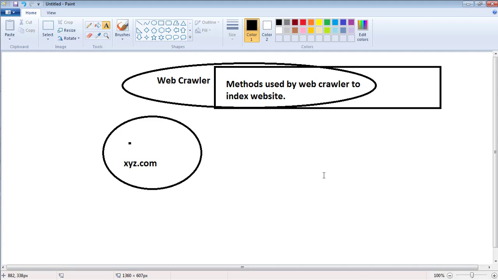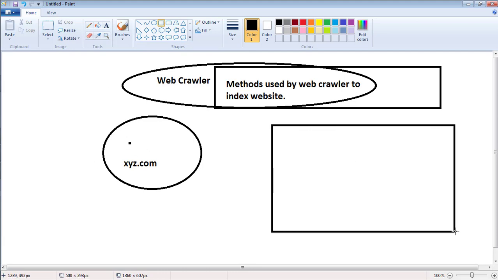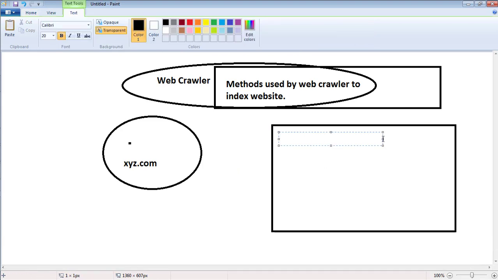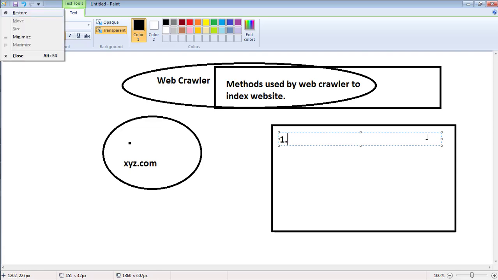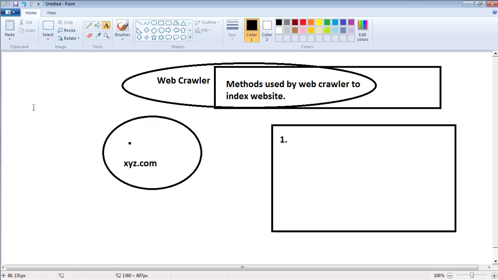And when I go to any search engine and search xyz.com, I find this website on the search engine, and I'm amazed how this happens. It is not some kind of rocket science. There must be a reason. The reason number one must be that you may